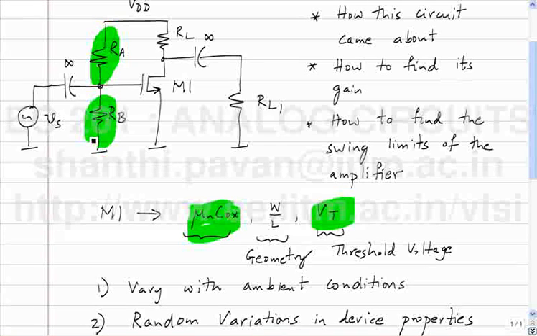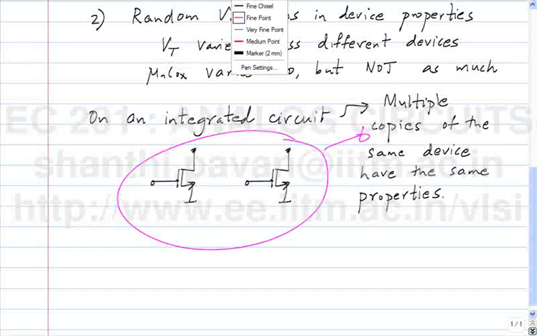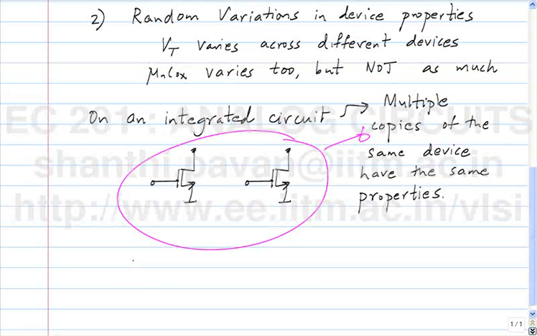the gate potential only depends on VDD and the ratio of RA and RB. And we know that ratios of like components on an integrated circuit are controlled to a very tight tolerance, simply because both are identical, both components undergo identical process steps, which means that even though there is a screw up in the process of making the transistors or the resistors for that matter, since both of them undergo the same steps, okay, whatever happens to one happens to the other too. So the ratio of the two simply is very, very accurate. So on an IC, multiple copies of the same device have the same property. In other words, ratios